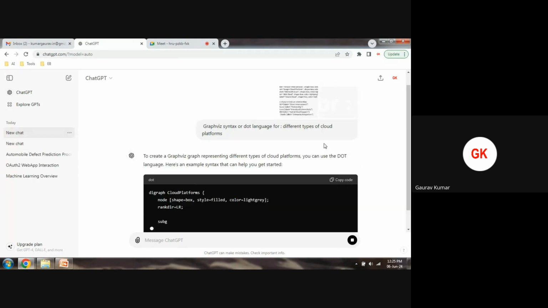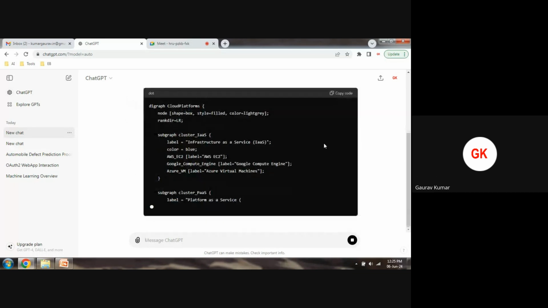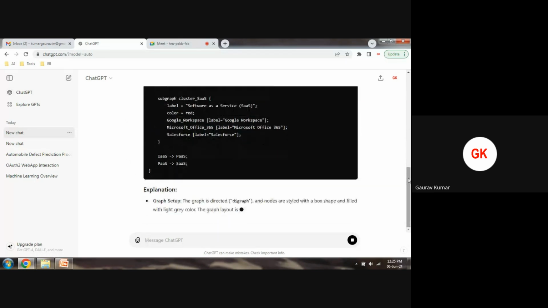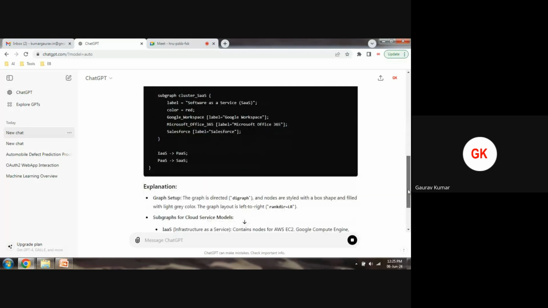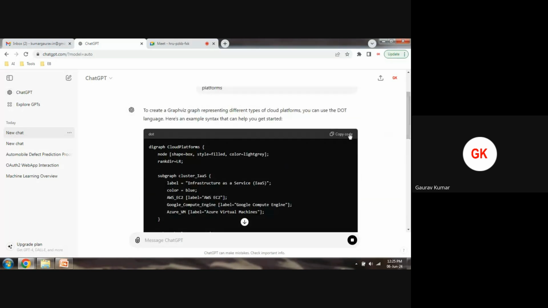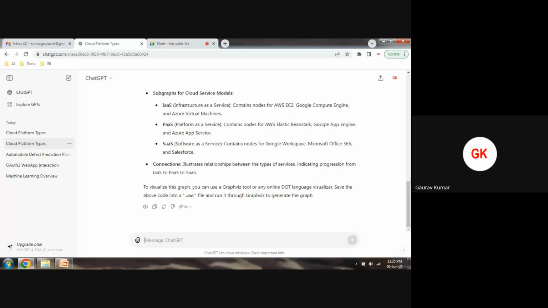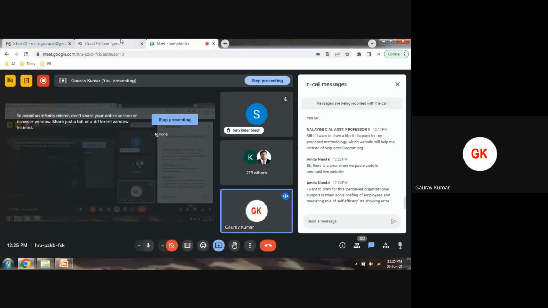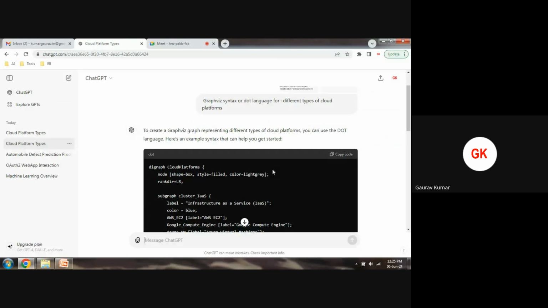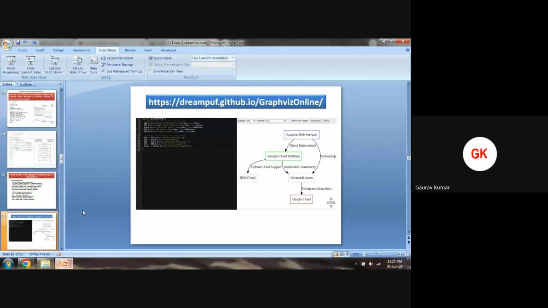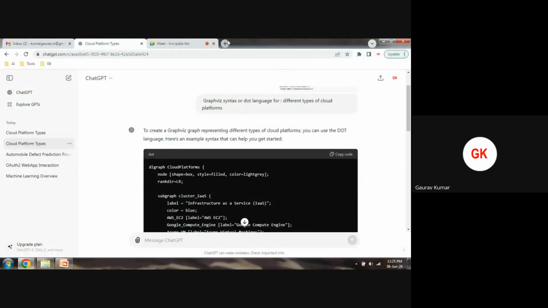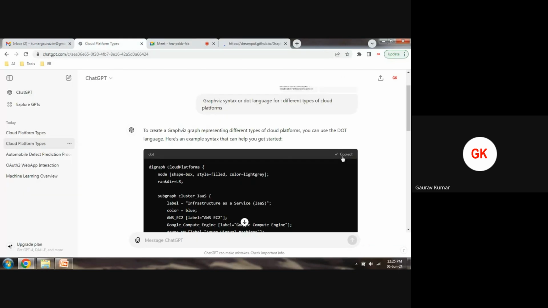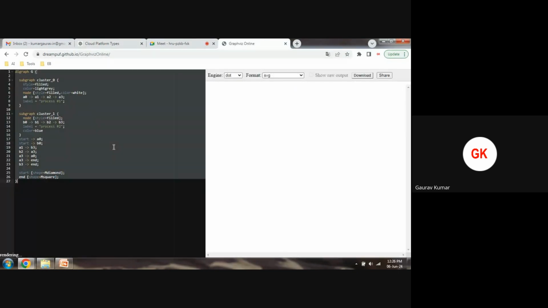Up to now we are covering only ChatGPT. After that we will shift to another platform, so that you will have awareness of other platforms. So copy the code for different types of cloud platforms, and where do I want to use it? This is the website, dreampuff graphviz. Copy, paste,